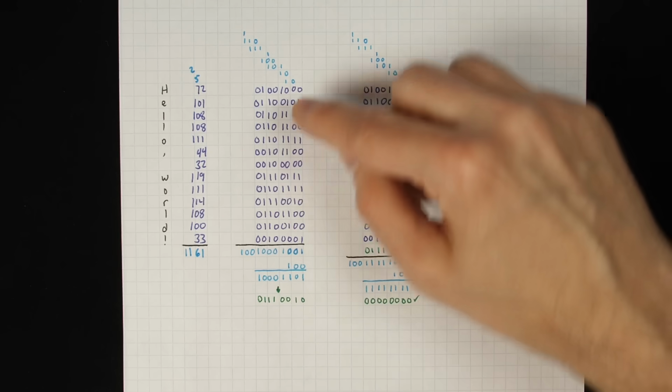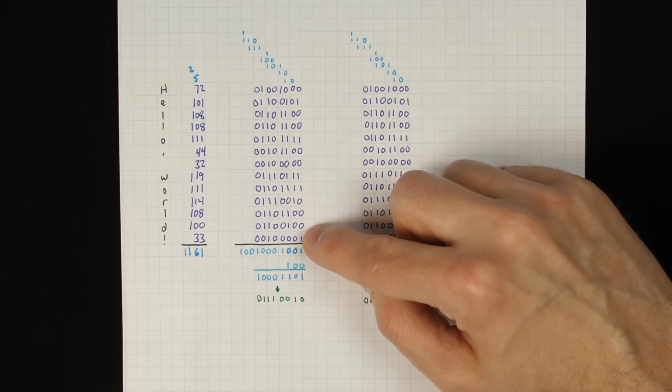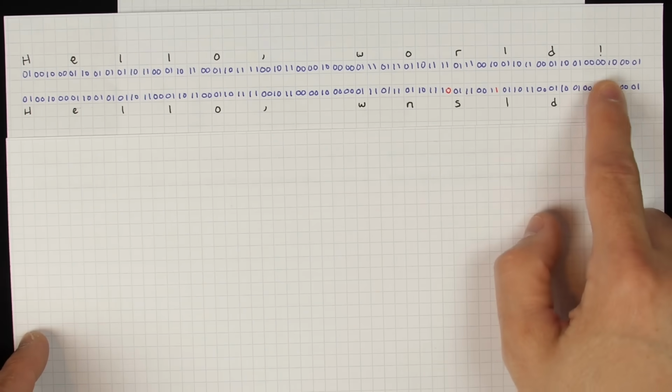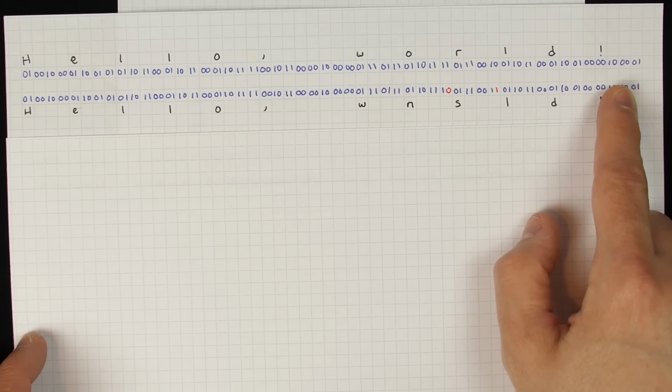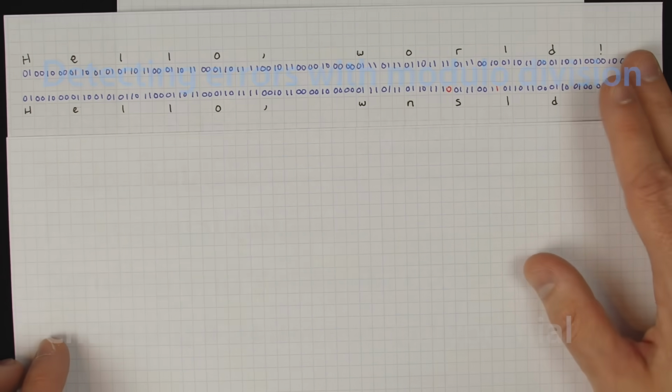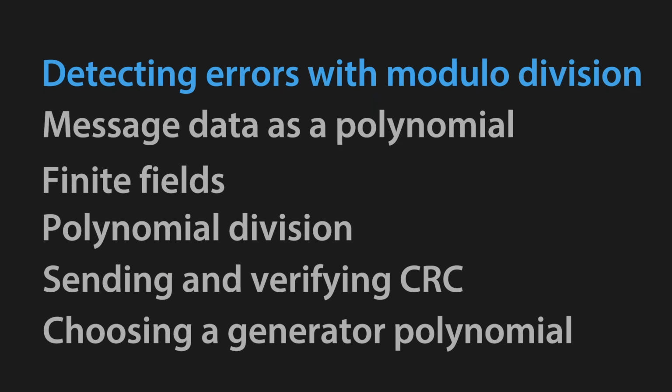Instead, what you're doing is, instead of representing it as a bunch of individual numbers and adding them up, you're representing your entire message essentially as one big, long binary number. And then we can do math on that one big number to try to come up with some sort of check sequence. So just as an example, and this isn't exactly how CRC works, we'll get to that in a minute,